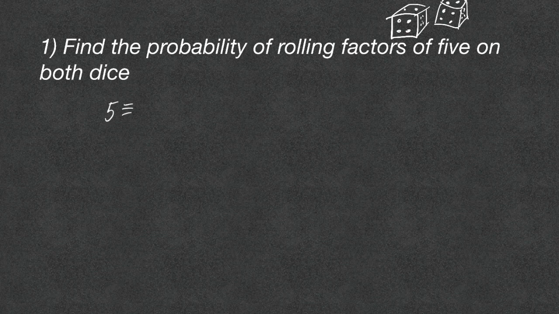Factors of 5. Well, 1 and 5. What are all the possible outcomes? When we roll